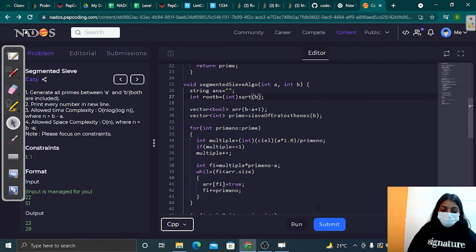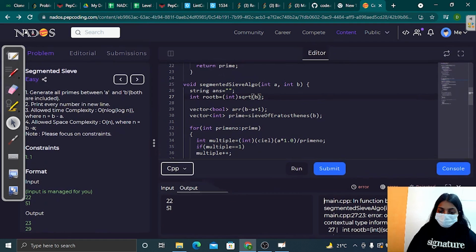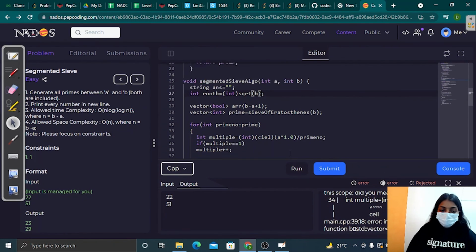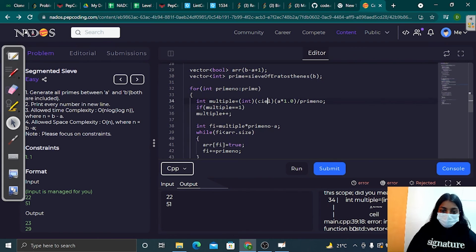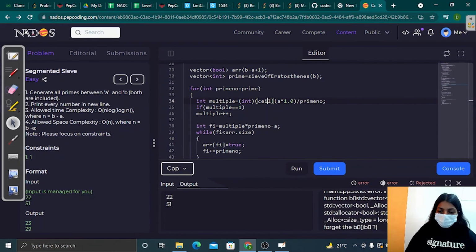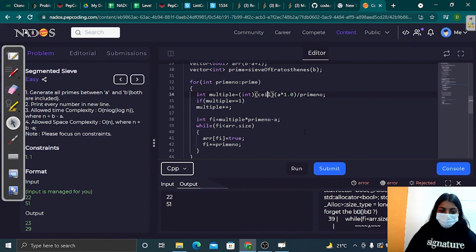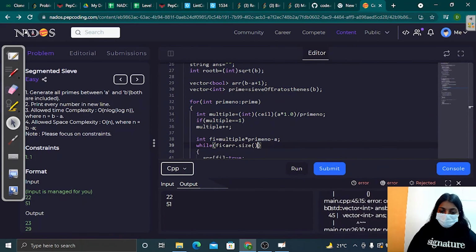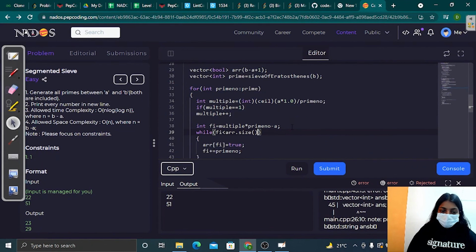B should be here in parenthesis, and then at line 27 it should be in parenthesis. In 34 it should be ceil. In line 39 arr dot size will have parenthesis. At line 45, okay, we have declared answer, string answer, alright. And at line 46,